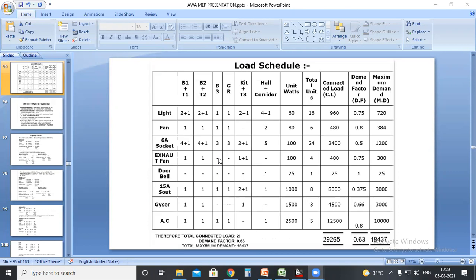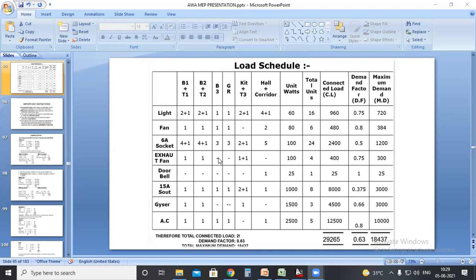Even if the standard is 2 points, thinking about the wattage of this particular equipment, I will be taking only 1 point in that circuit, because if both these equipments are turned on at the same time, it may cause overcurrent issues. So the circuit breaker will be tripped. Thinking about that condition, I will be taking only 1 point. But as in this example, you can take 3 points. 3 points means 3 16 ampere sockets or 3 15 ampere sockets.